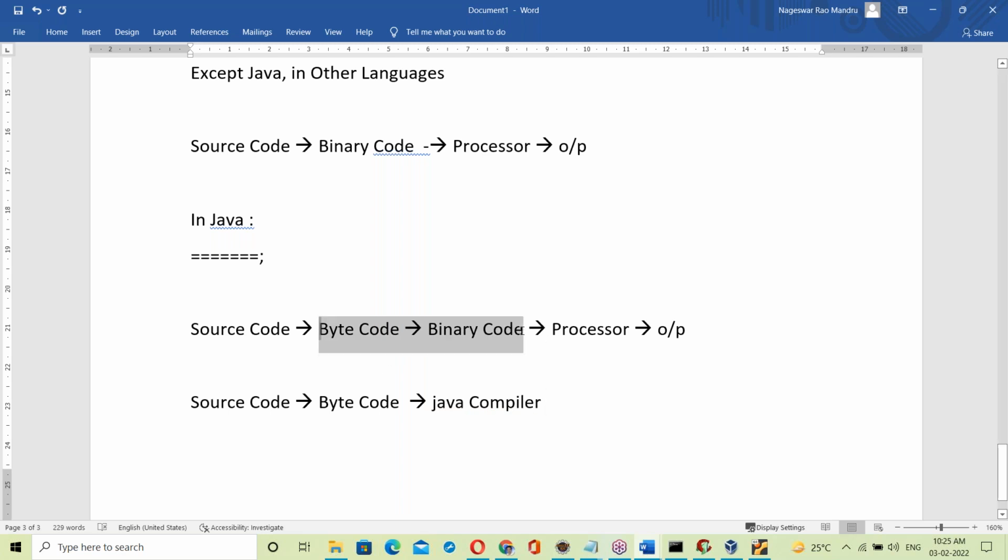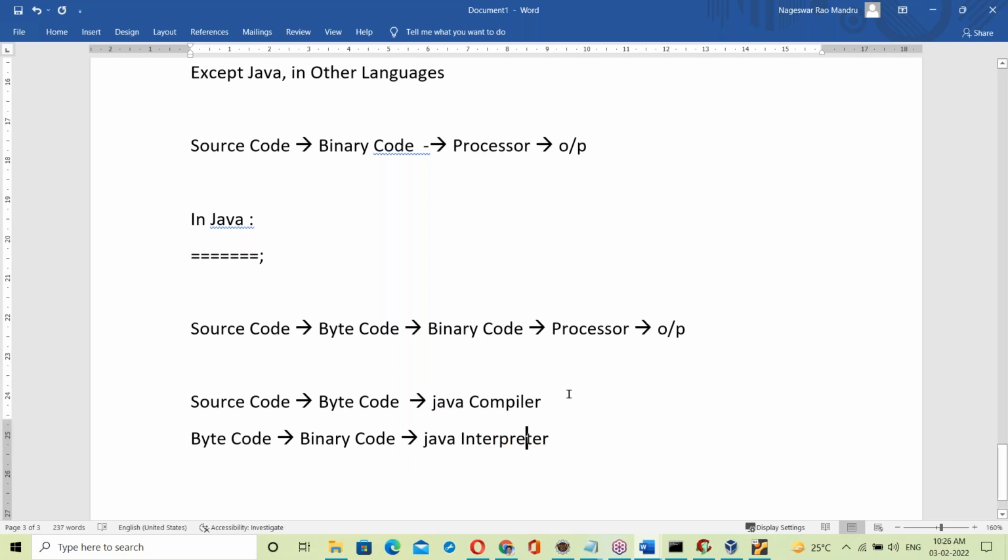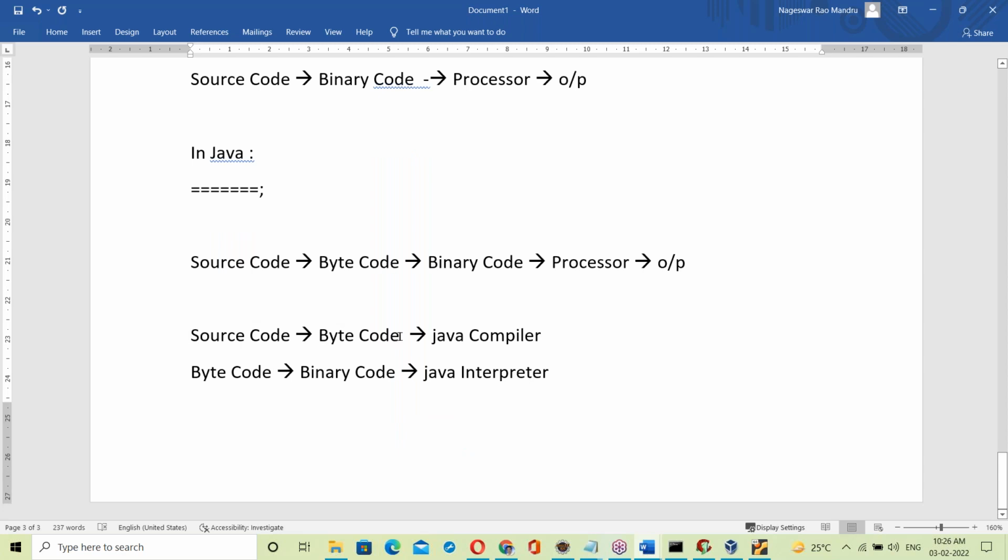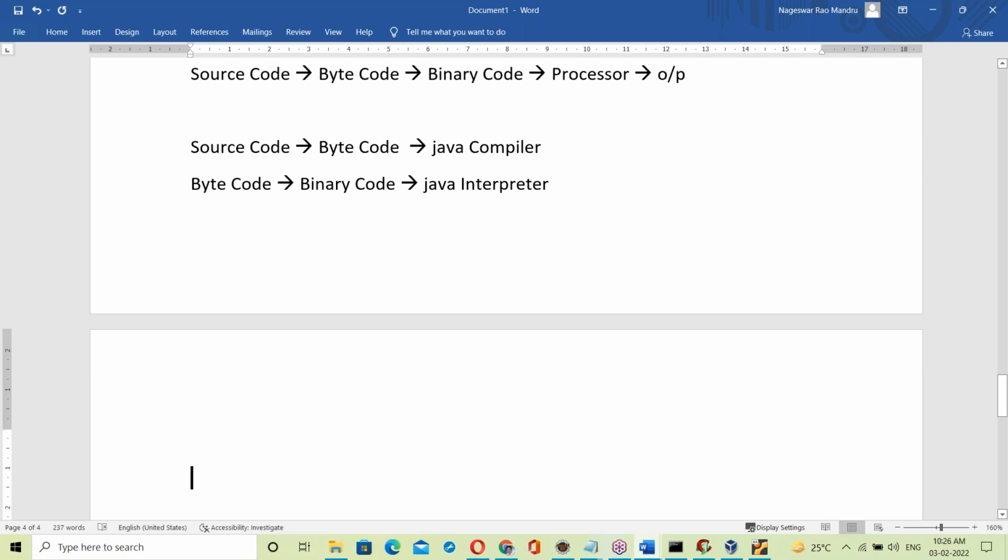Next, byte code to binary code is done by the Java interpreter. So this step, source code to byte code, is by the Java compiler, and byte code to binary code is by the Java interpreter.